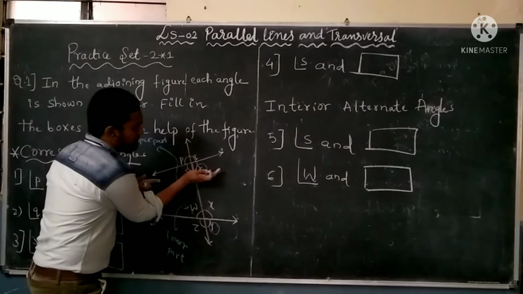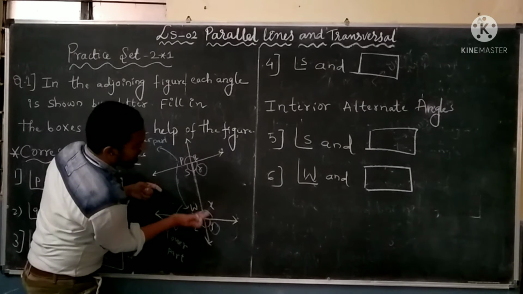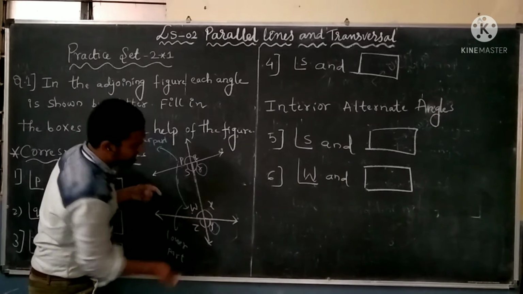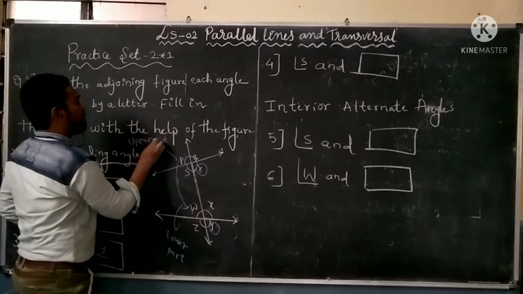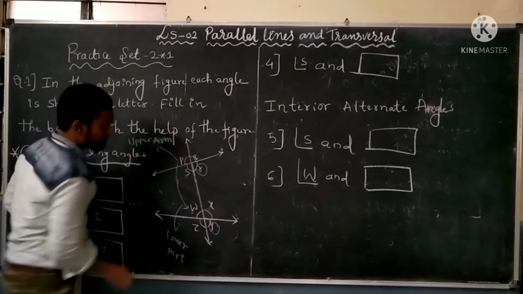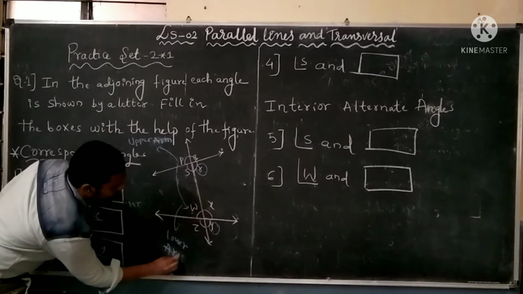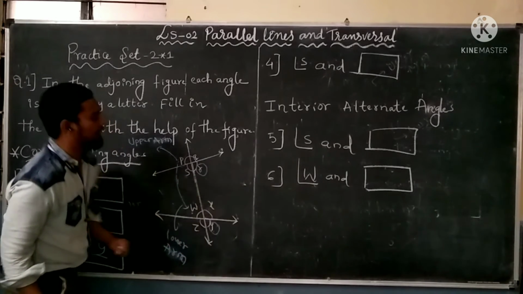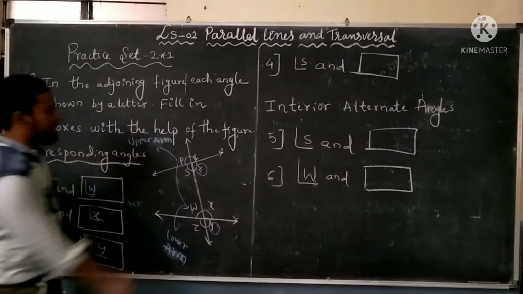This is the upper arm. This is the lower side, lower arm. Lower arm, or lower part. This is the upper arm, sorry, this is the lower arm. This is the upper arm and this one is the lower arm. Therefore, here angle S